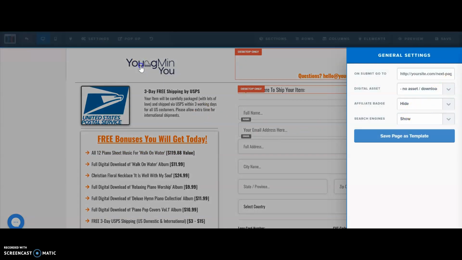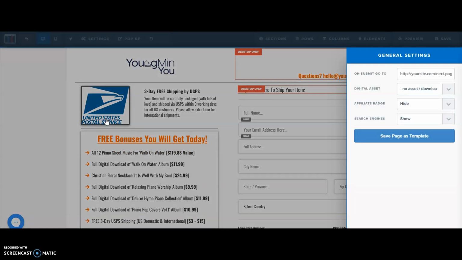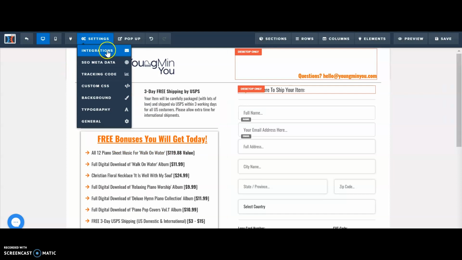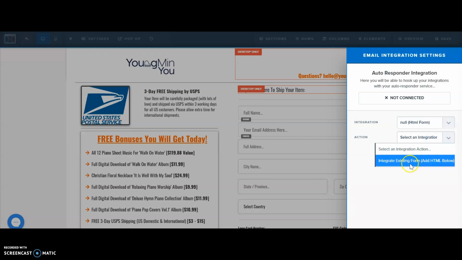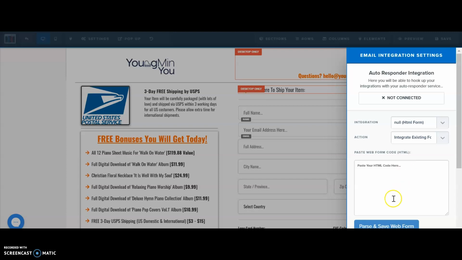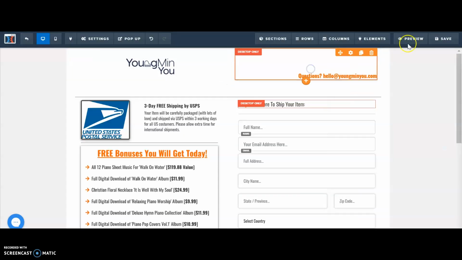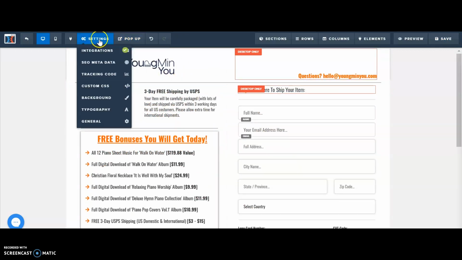Just go here to where it says general. Okay, so you don't have anything here, which is good. Alright, so go to integrations, select HTML form, select parse and save, select integrate with existing form, parse and save web form, go out, click on save, and then clear your cache and your cookies and test it. If that doesn't work,